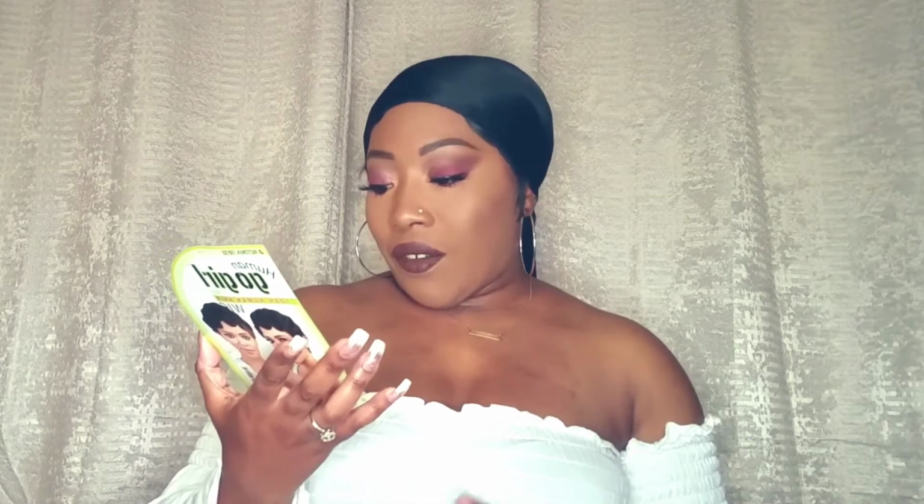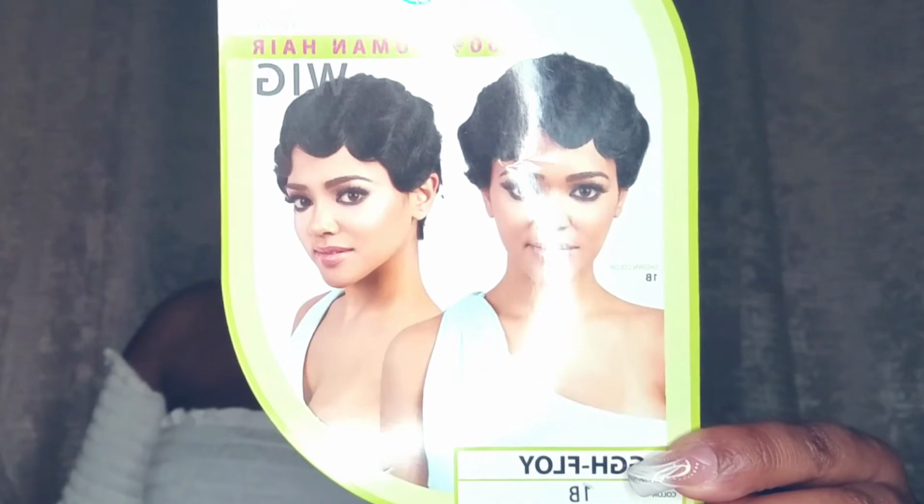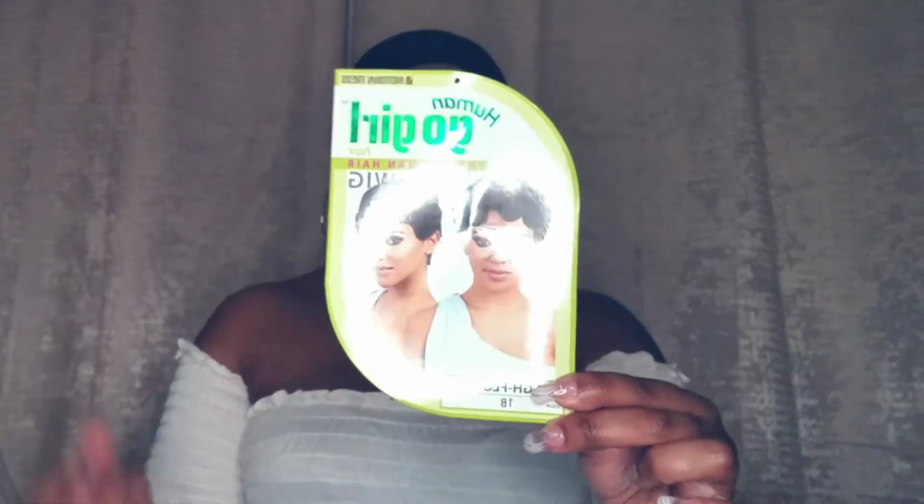This is a 100% human hair wig that I'll be showing you guys today. It's going to be by Motown Tress. It's the Human Hair Go Girl GGH-FLOY, and I have her in a 1B. Here's her stock card. As you guys can see, this is a cute, short, pixie style finger wave type of